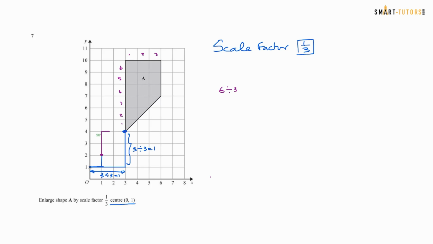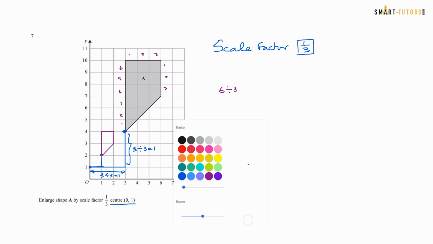Now if you count the top, it is 1, 2, 3. 3 divided by 3 is 1. So it's going to be 1 square to the right. Then if I count this one, 1, 2, 3 squares down. So divide by 3, 1. So I'm going to go down. That's the one. So if I connect this and this is the